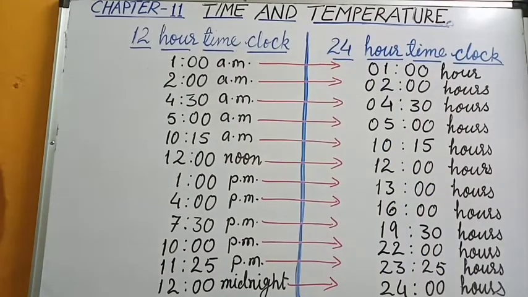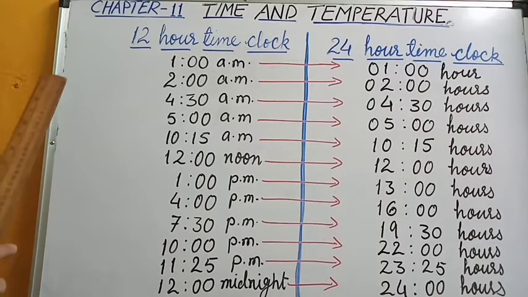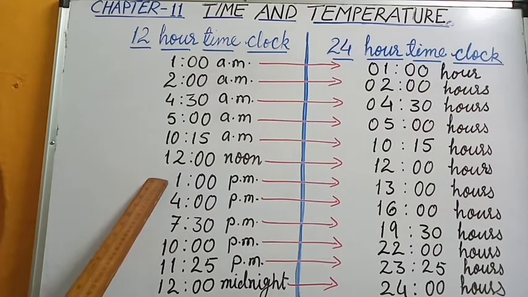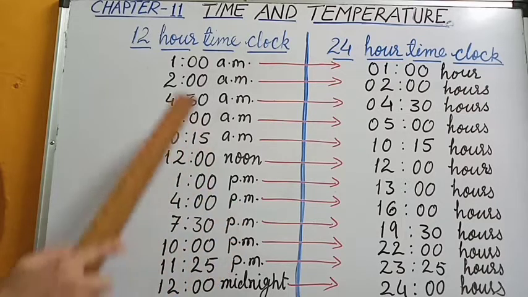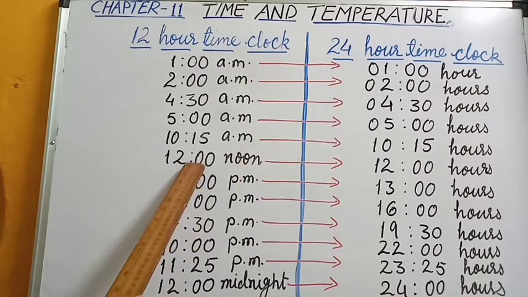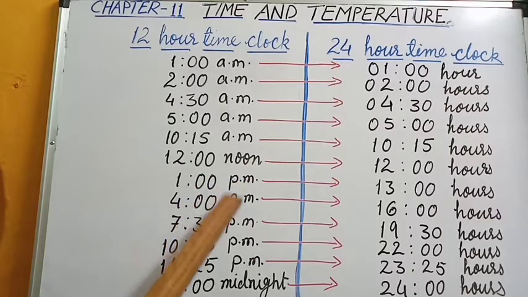Students, we have just learned about analog clocks, that it divides into 12 equal parts that represents 12 hours of a day. But a day has 24 hours. So to complete 24 hours, our hour hand has to take a second round. After 12 noon, the hour hand starts taking the second round, and in the second round all the timings are in PM. When the hour hand reaches 12, that is 12 noon, and after 12 noon again we have to start from 1. So all the timings are in PM.